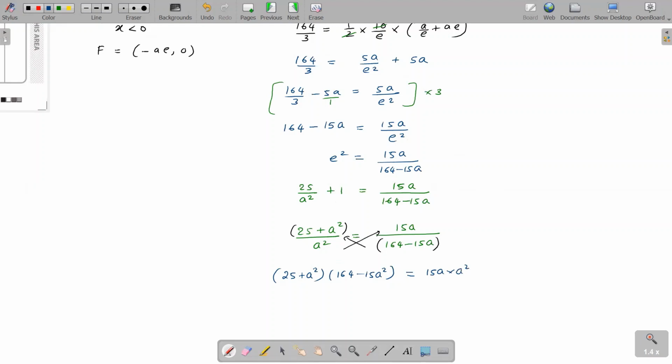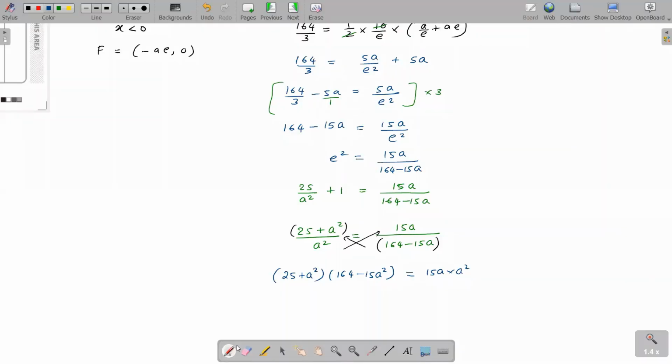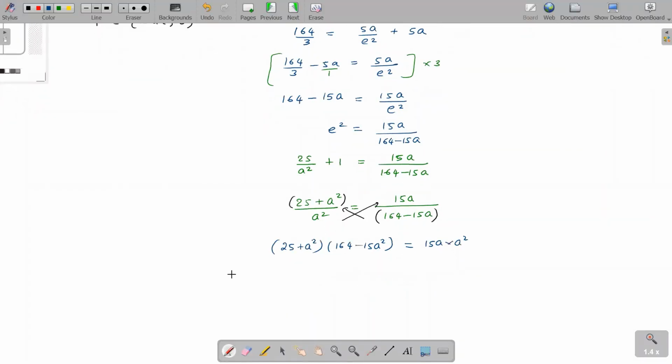Okay, expand the bracket, simplify. Can you all multiply out 25 into 164? 4,100. 25 into minus 15A square, minus 375A square. A square into 164 is